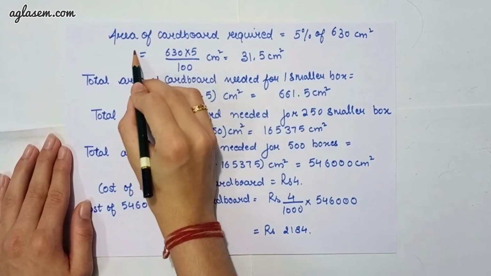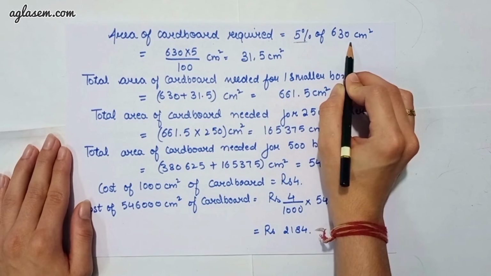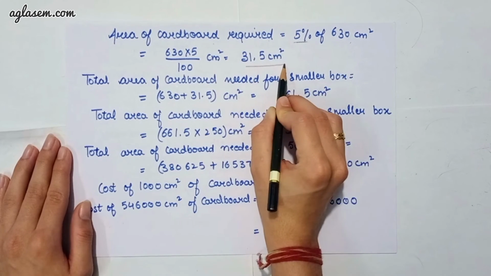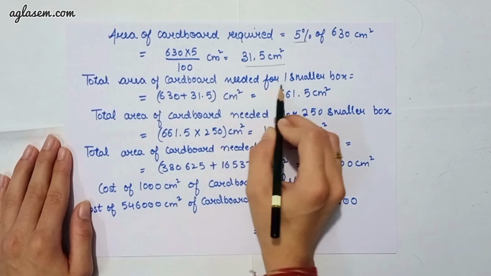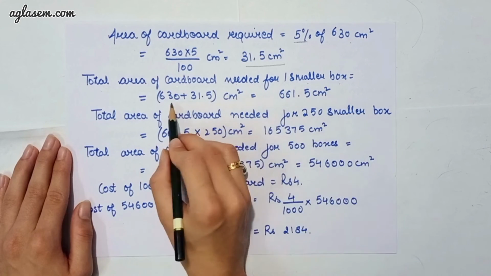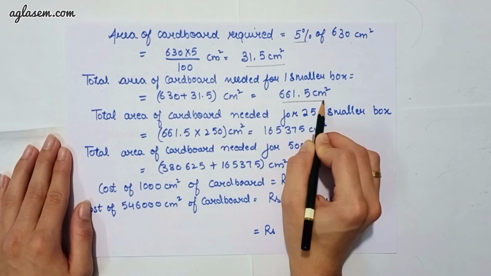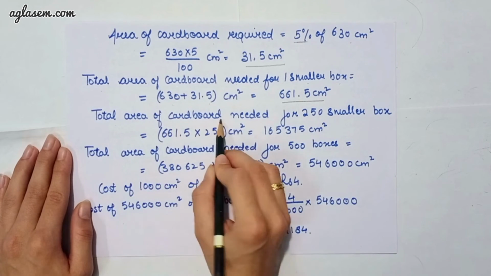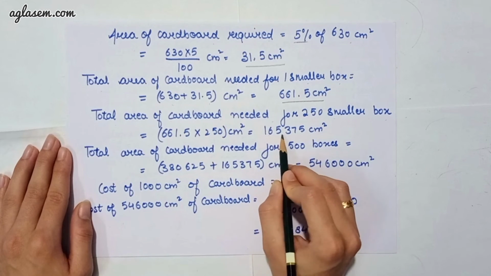So the area of cardboard required, that is 5% of 630 centimeter square, will give you 31.5 centimeter square. So now total area of cardboard needed for one smaller box, adding both the values, will give you 661.5 centimeter square, and the total area of cardboard needed for 250 smaller boxes will be 165,375